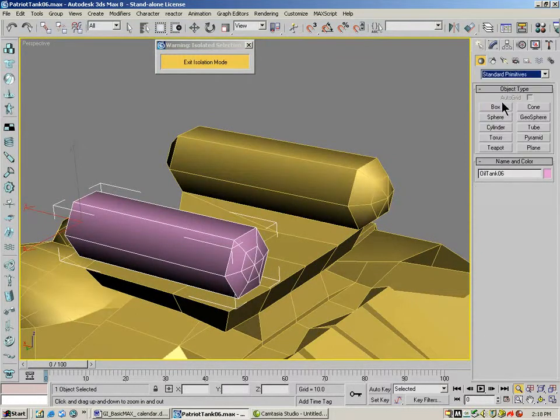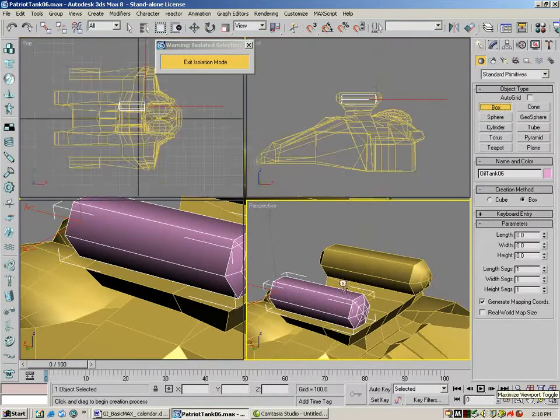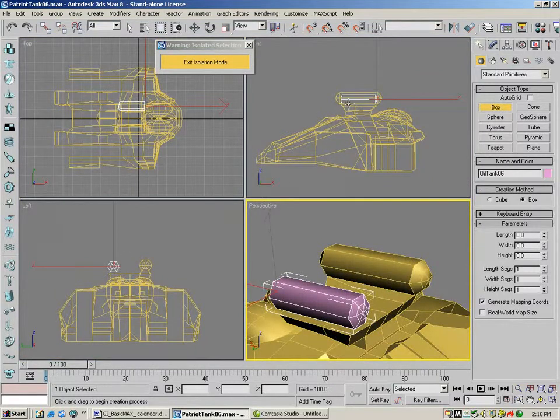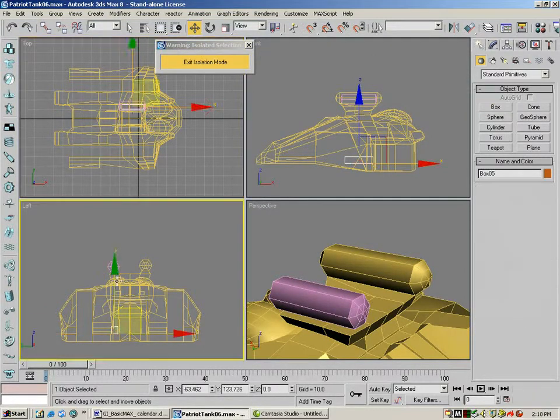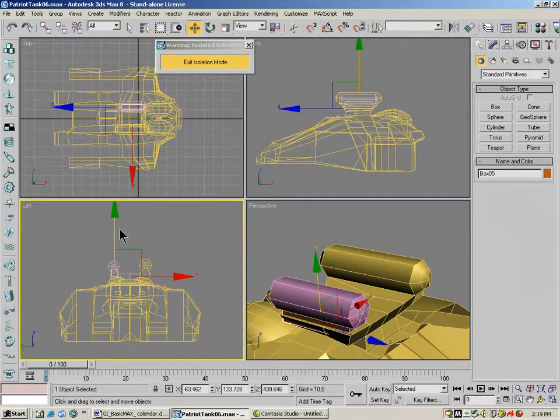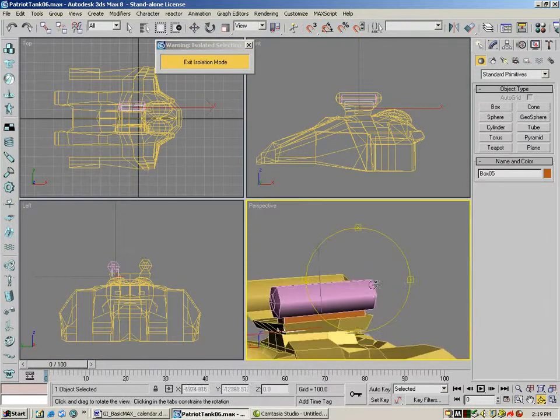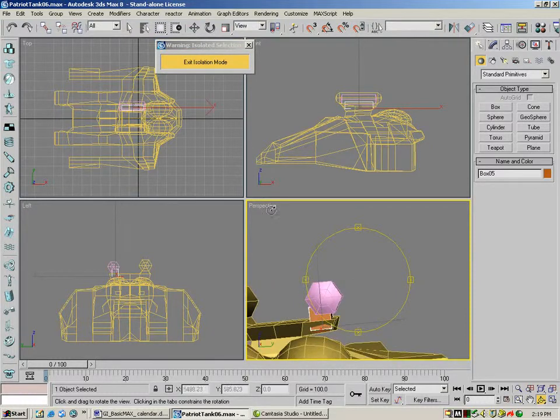Then I'll go back up here to box. Oops, maximized my viewport too quickly. Let's do it over here. Would be this. And what we've done here is we've basically pieced together the regular object, the one we started with, a box, and a